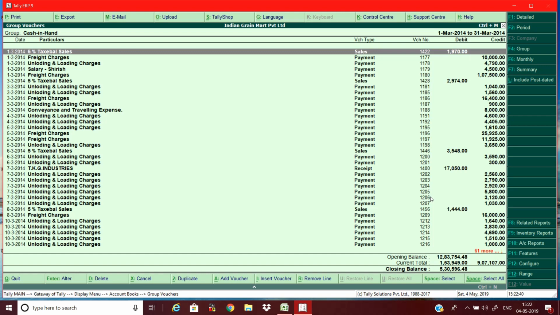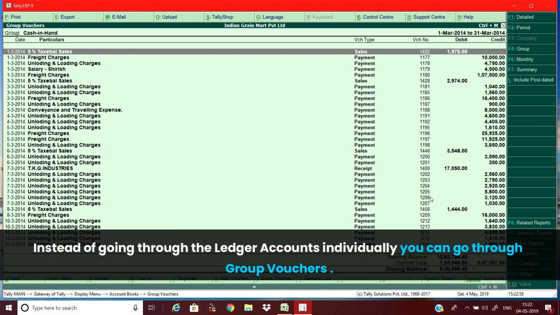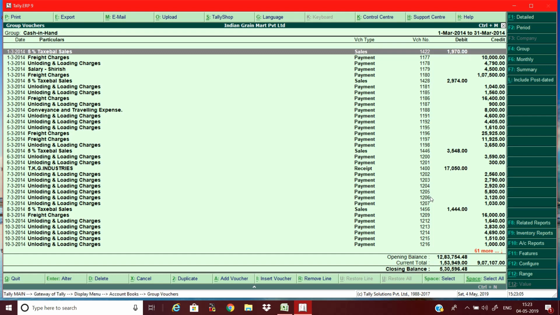You have seen that you have 2 cash accounts. One is main cash and the second is petty cash. Since there are 2 cash ledger accounts, you have to apply the same thing to the 2 different ledger accounts. Now, one thing which is common between these 2 ledger accounts is they both are grouped into the cash in hand group. So instead of going through ledger accounts, it is always better to go through the group account so that you can see all the transactions from all the accounts grouped under it at one place.